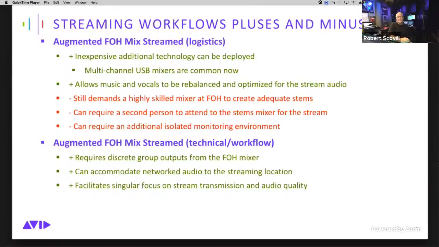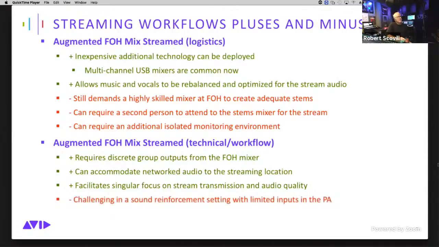reblended stem mixes for the stream, is that you can have somebody who's singularly focused on the audio, right? Even if they're just repackaging the audio and sending it on to video to be added with video, at least you have somebody that's really focused on the audio. If you're just streaming audio, then that person can also be really focused on the stream itself. Have we got a good connection? Is the downstream working? Can I listen to it after stream and monitor it to make sure everything is going okay? So that you can have that person that's really focused on the event that's going